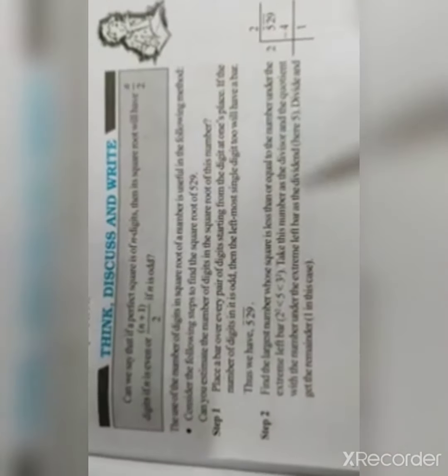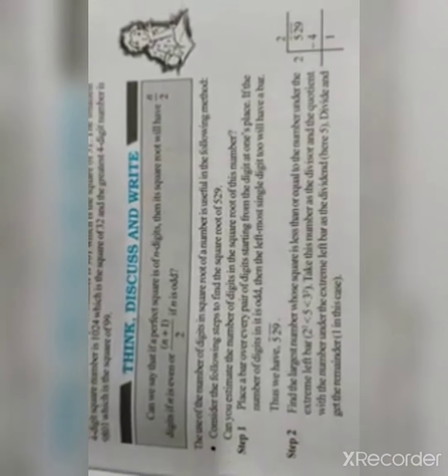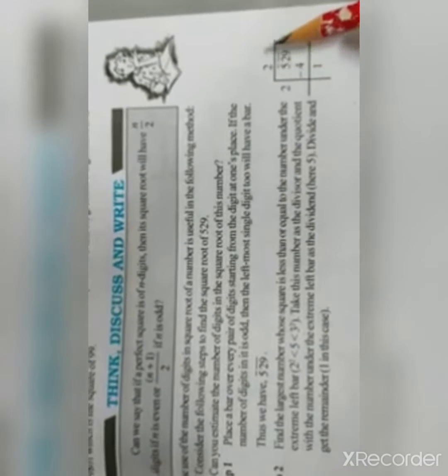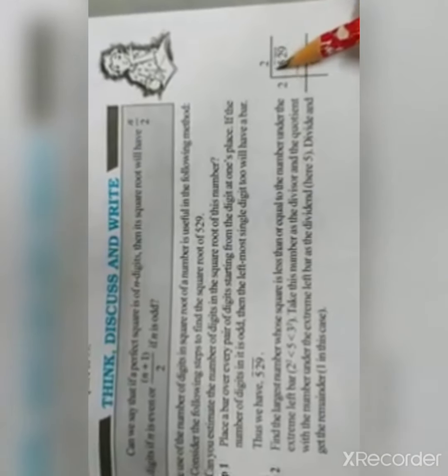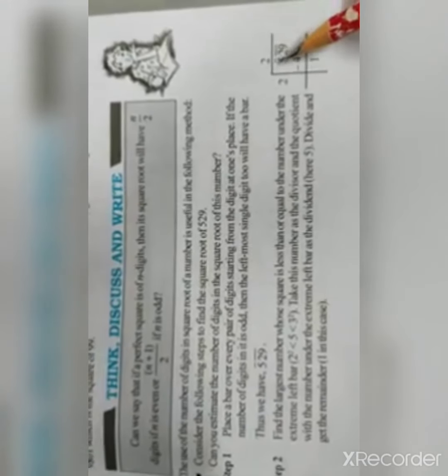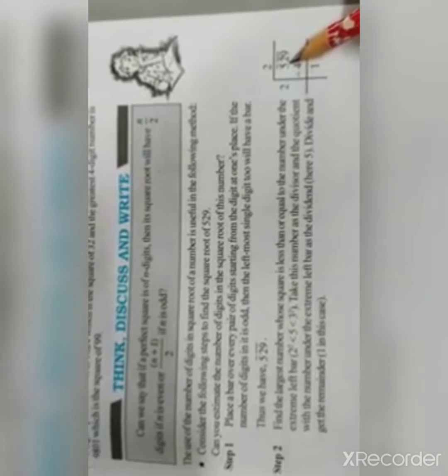Now I will teach you how you can find the square root by the long division method. And children, when I teach you, you can see here the bars you are using. So how many bars are there? 1, 2. So the square root of this will be of 2 digits. You can decide from here also. So the illustration you will solve yourselves, and I am starting